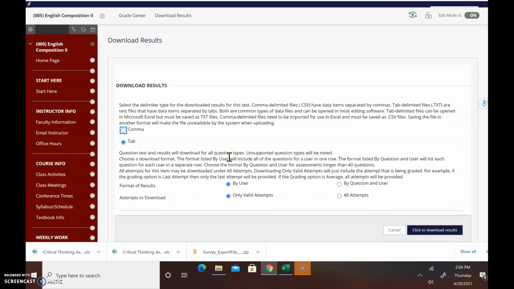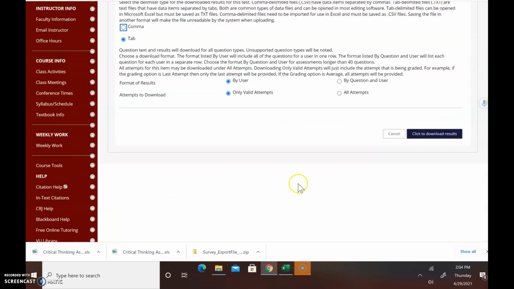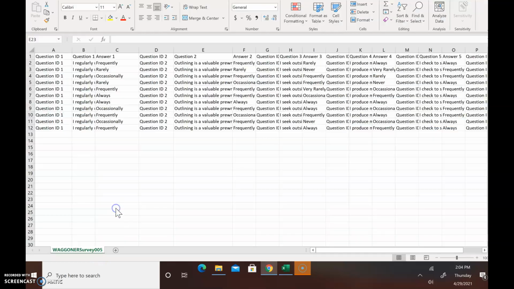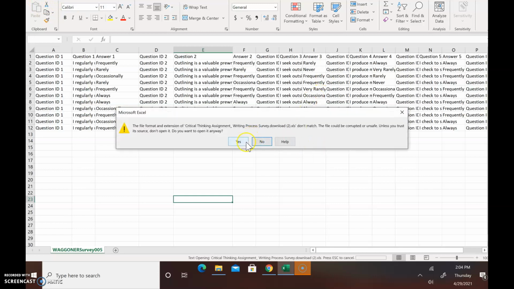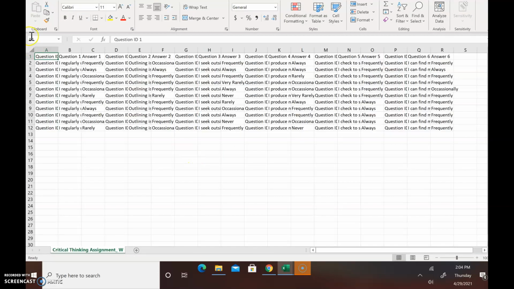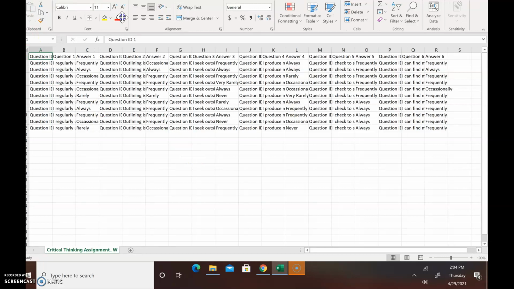So once you go here, I just leave it on the default settings and I click the results. I'm going to open it. And then I just push yes, and then I'll go over and I will try to save it. And if you could save it as your last name and the section file, that would be great. And then when you save it,